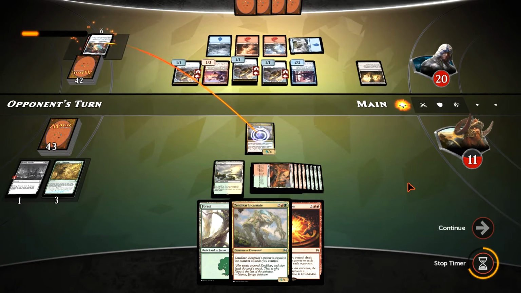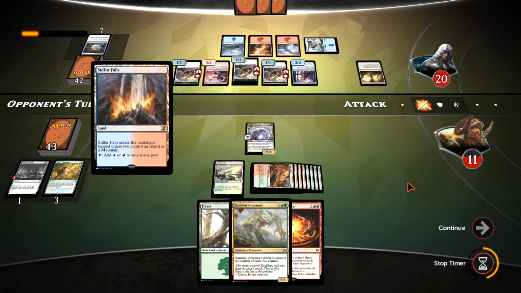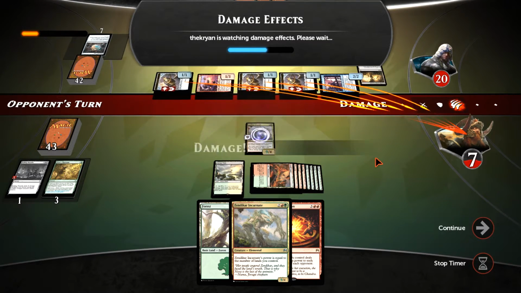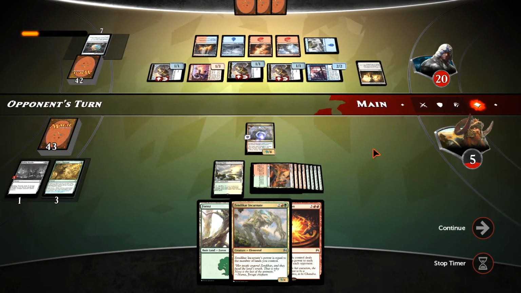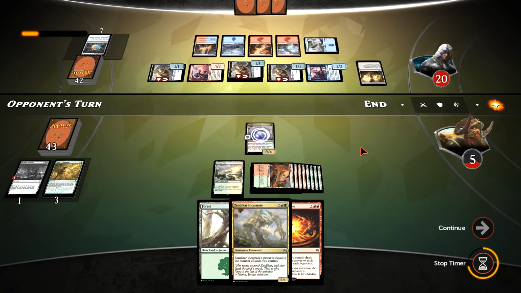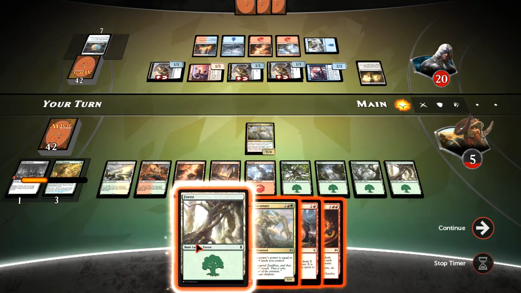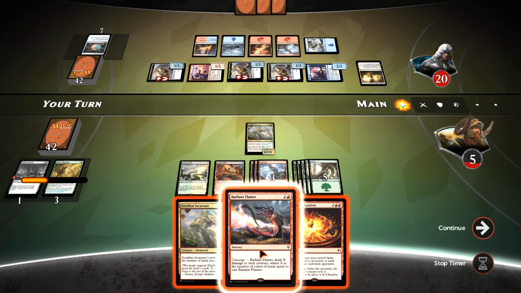Okay. So we can't block. Getting hit down here to 5. Well, our opponent does not have enough mana to activate this Foundry this turn. They could still have a counterspell up. So let's start off with